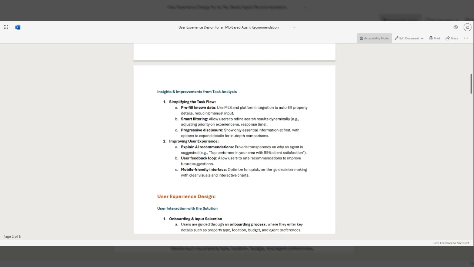We're looking to simplify the task flow to pre-fill known data from the MLS. We're going to use smart filtering to allow users to refine the search, and we're going to use progressive disclosure to show only the essential information. To improve the user experience, we're going to explain why the AI recommended the agent. For example, saying this agent is a top performer with XYZ client satisfaction, and there's going to be a feedback loop